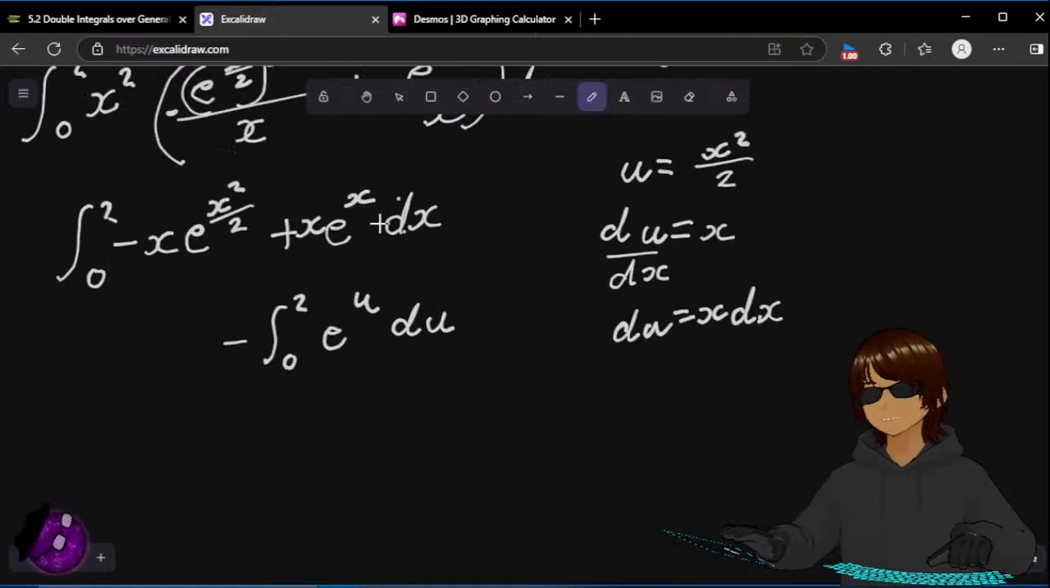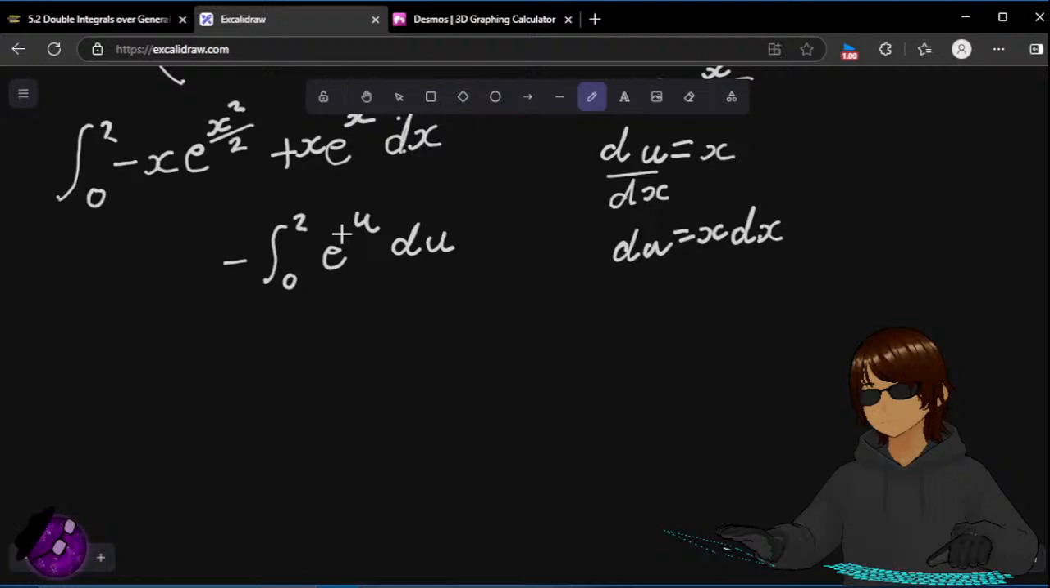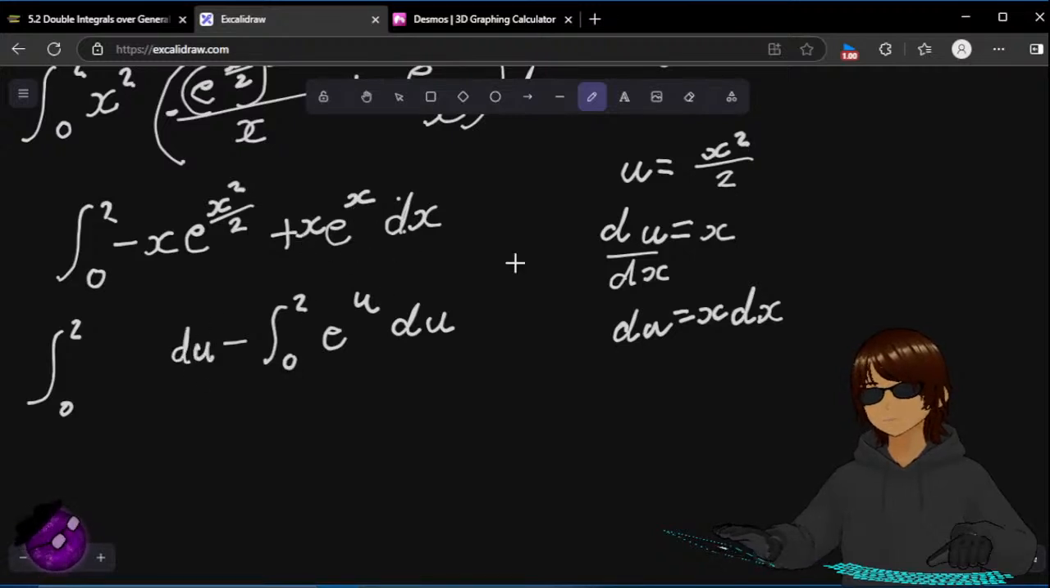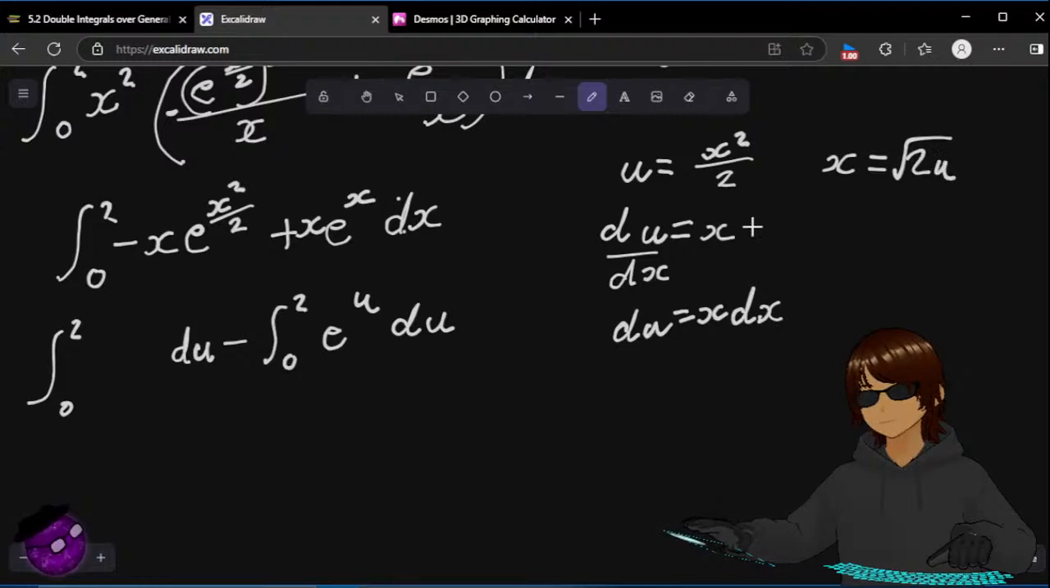Okay, so we got this. What about this? If I want to write it in terms of u, I got rid of x dx. What about, so x is equal to, no,